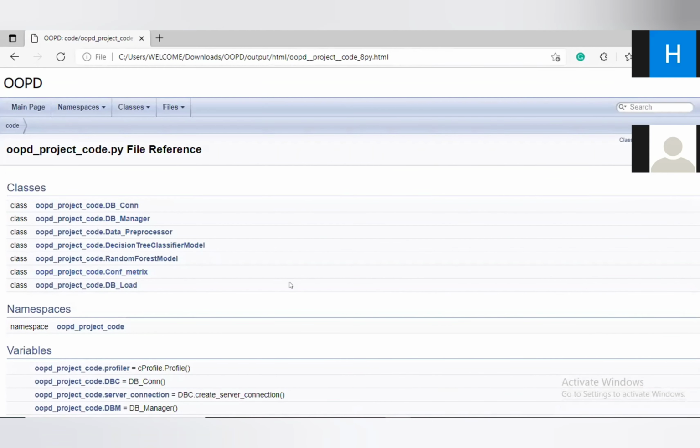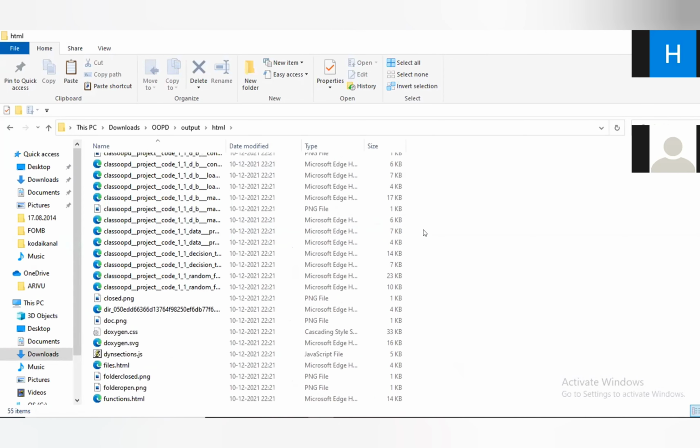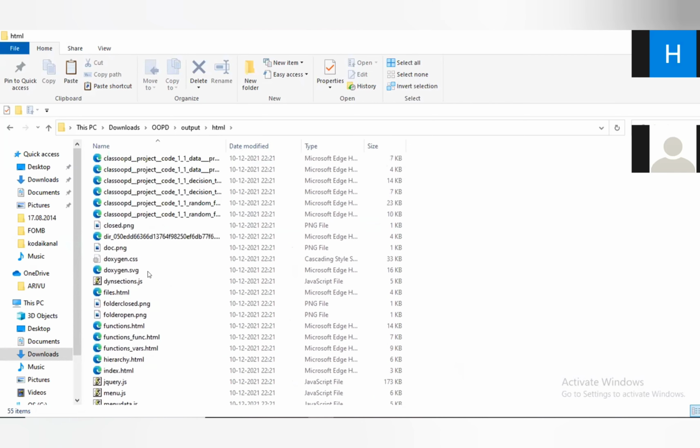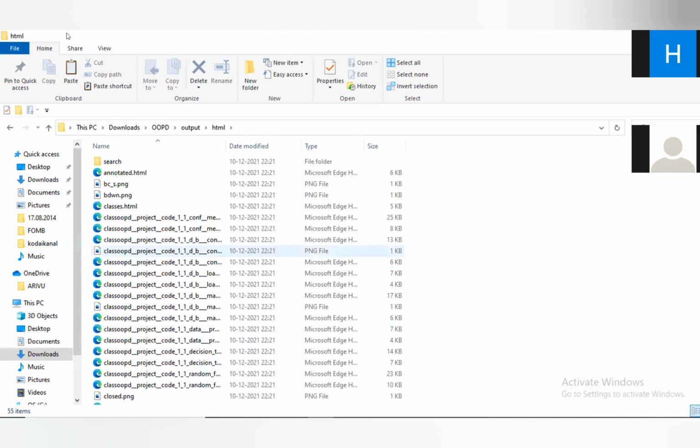Finally, we are checking the output files in HTML: PNG format, SVG format, HTML format, JS format, everything has been stored. This is what we got from Doxygen.